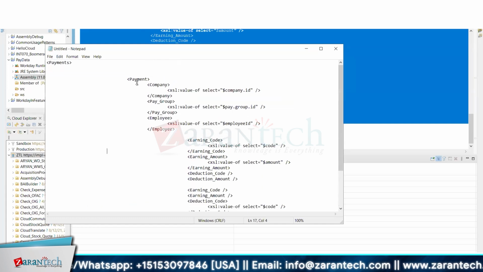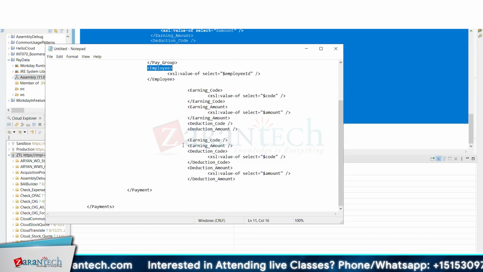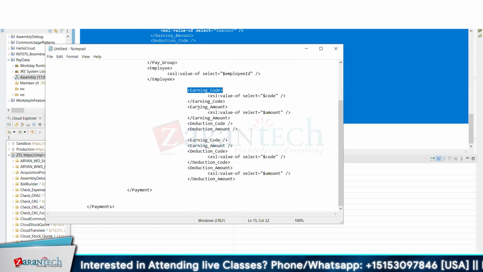So the structure of the file would be payments. Then inside the payments, there would be another tag, payment. Payment means multiple payment tags, and for each of these there would be one particular payment tag, and then company. Company will have a value, pay group will have a value, employee will have a value, and after employee there would be earning code, earning amount,